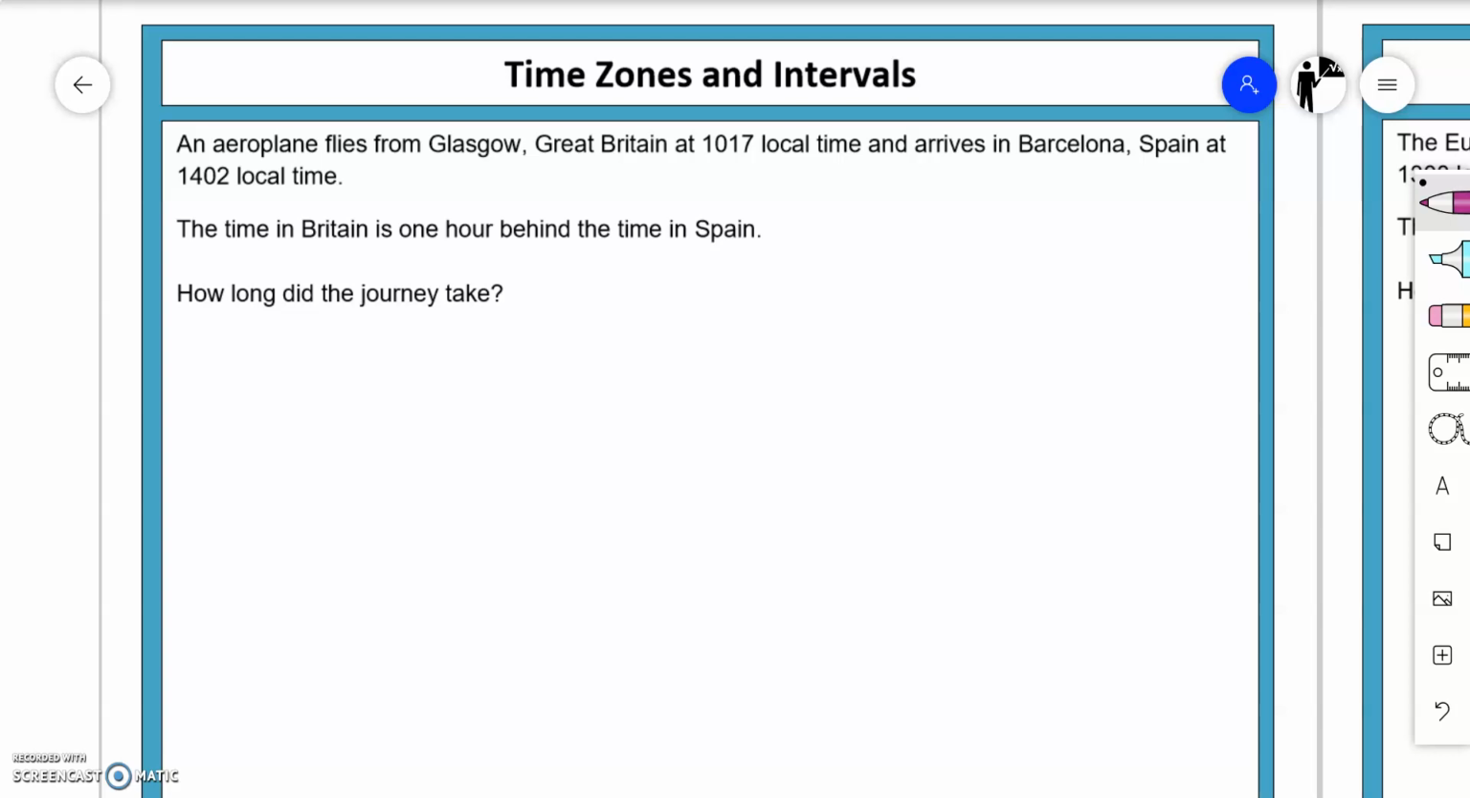In this video, we're going to have a look at time zones and time intervals at National 5 numeracy level. Here we just need to be able to work, because different time zones are forward and back from our time. We need to be able to take that into account when we need to work out the length of